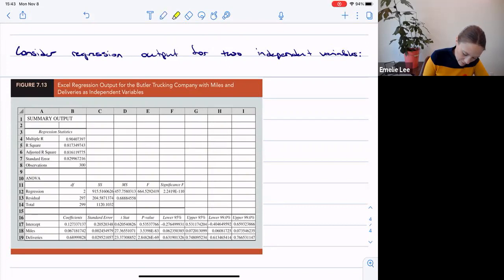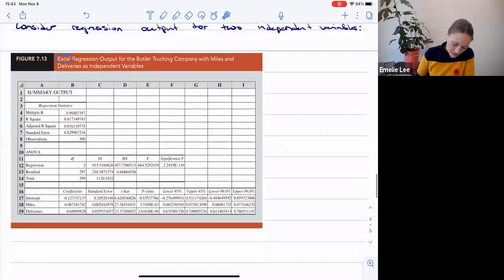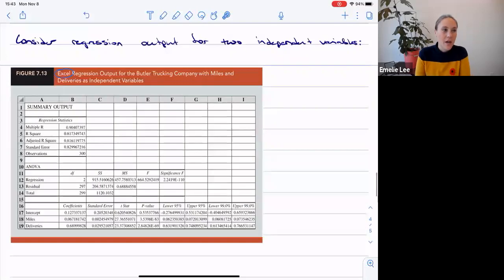This is from Excel, but honestly, it looks pretty similar in R. To save myself some time, I figured I would just use their output because then we can talk about it. And so typical output